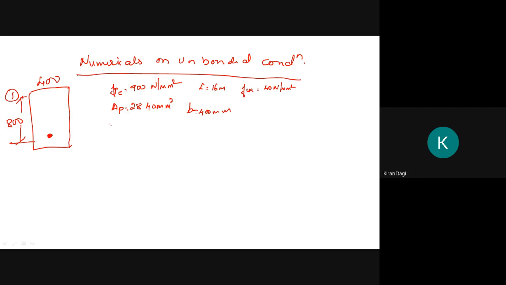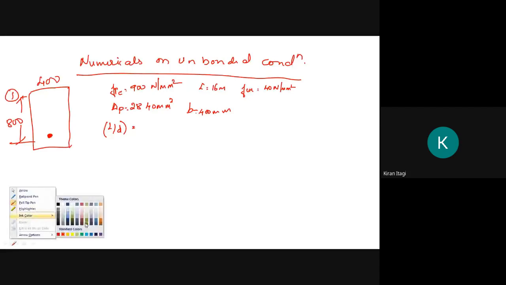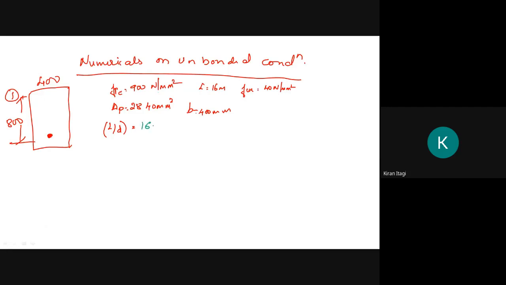Here, what we will do, we will go for L by D ratio. I will explain in the tabular column. What is the L? L, he has given 16 meters. Okay, one second. L is 16 meters. I will convert it into mm, divided by depth. How much is it? 800 effective depth. So how much have I got? I have got 20. L by D ratio, how much have I got? It is 20.